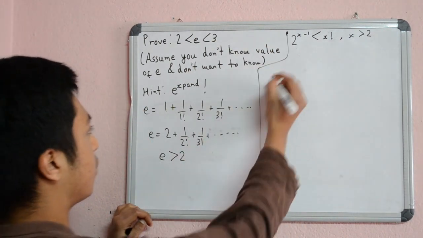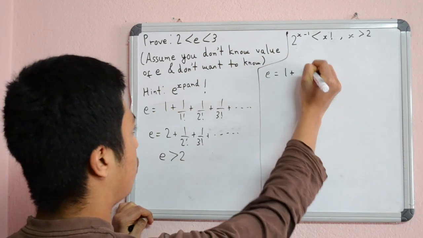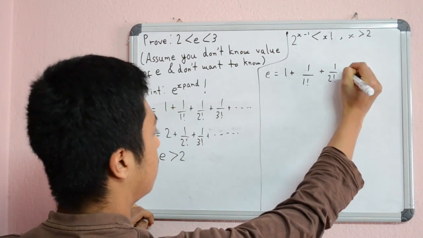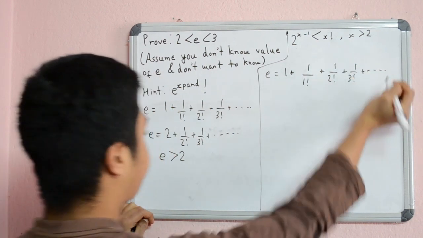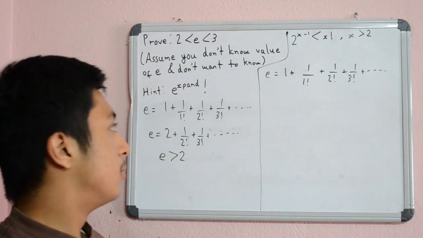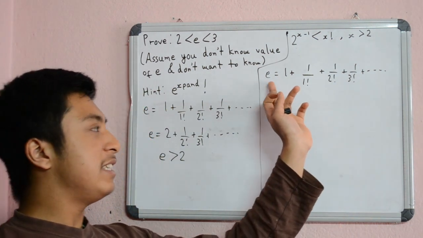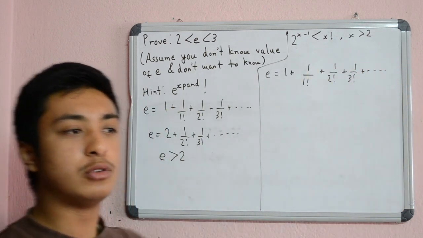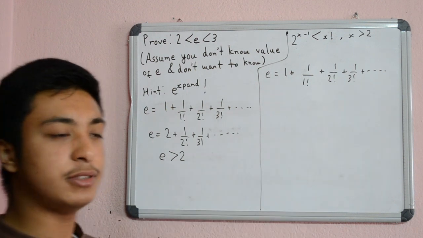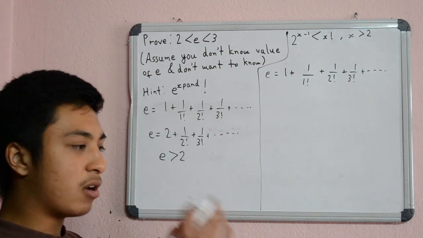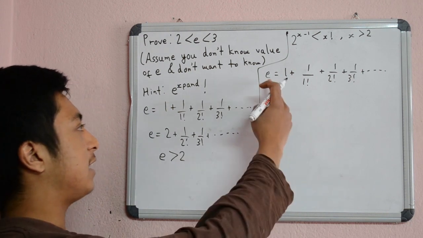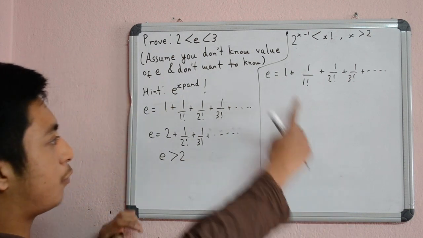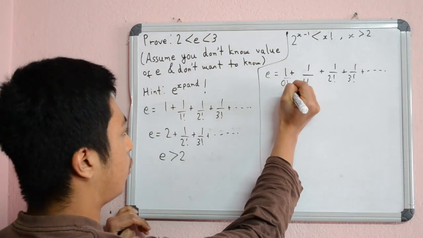And here we have E equals 1 plus 1 by 1 factorial plus 1 by 2 factorial plus 1 by 3 factorial and so on. Now we need that E is less than or equal to some sum right here. We want a geometric sum to infinite terms, because there are infinite terms for the expansion of E, such that we can get a convergent value and say that E is less than 3, and that convergent value we want is 3. So from here we'll have 1 by 0 factorial,